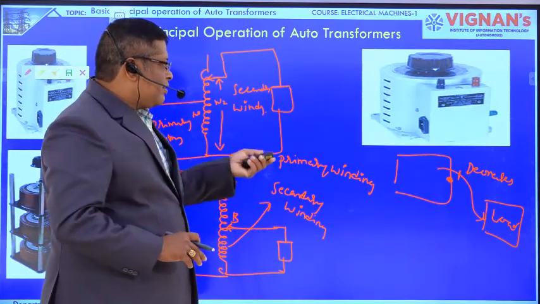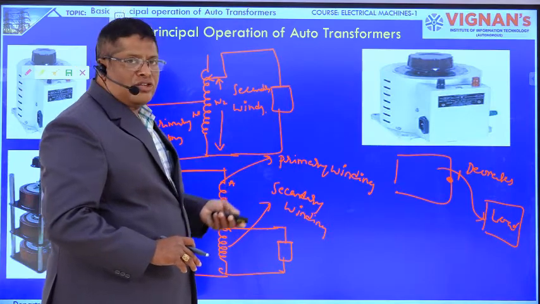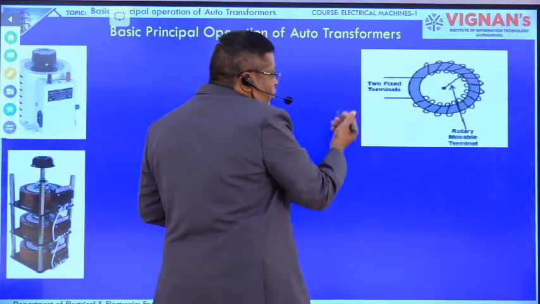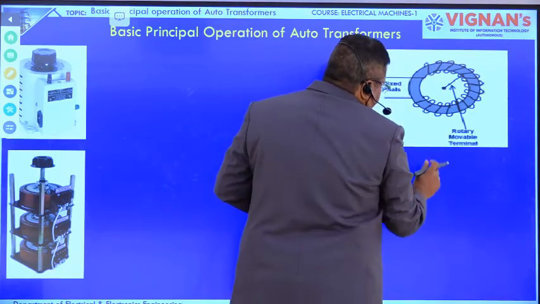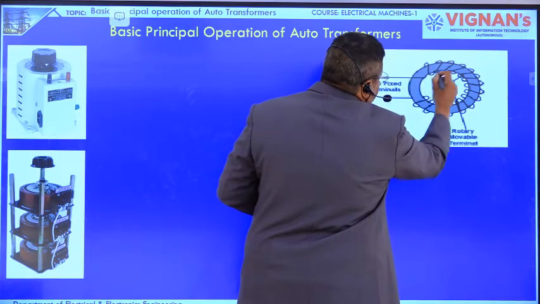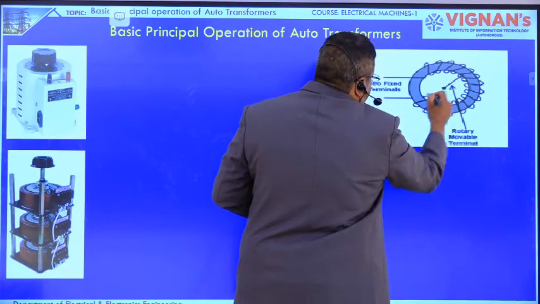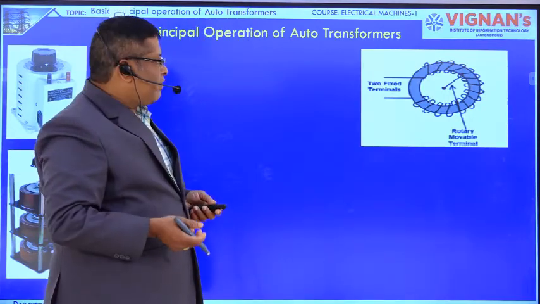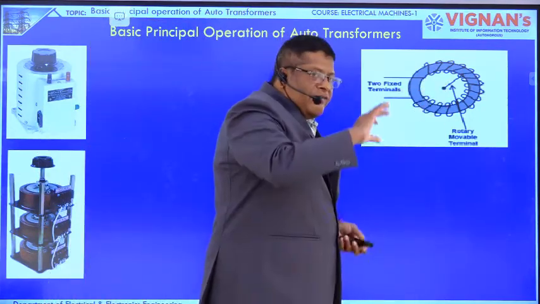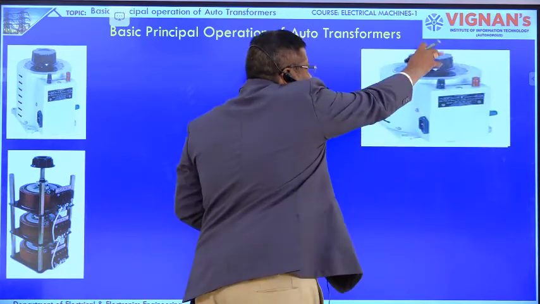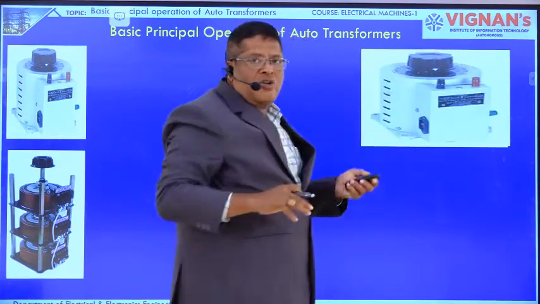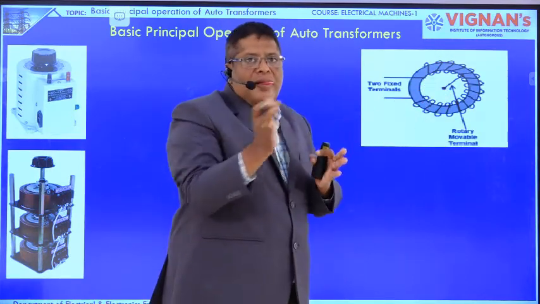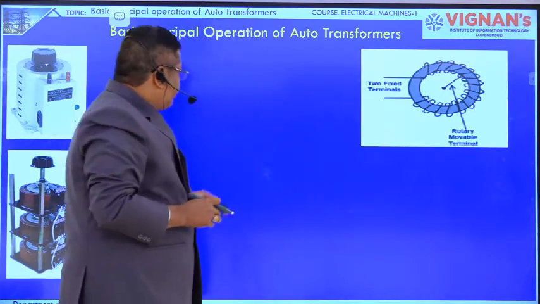Now we are going to see some other applications one by one. The circular core, the winding is there. Just now we have discussed everything. This is the primary winding. Between this point and this point we connect a load, that is nothing but the secondary winding. This variable point we can vary by means of this variable knob. As we change this knob, this variable point changes. The arm will move on the winding.